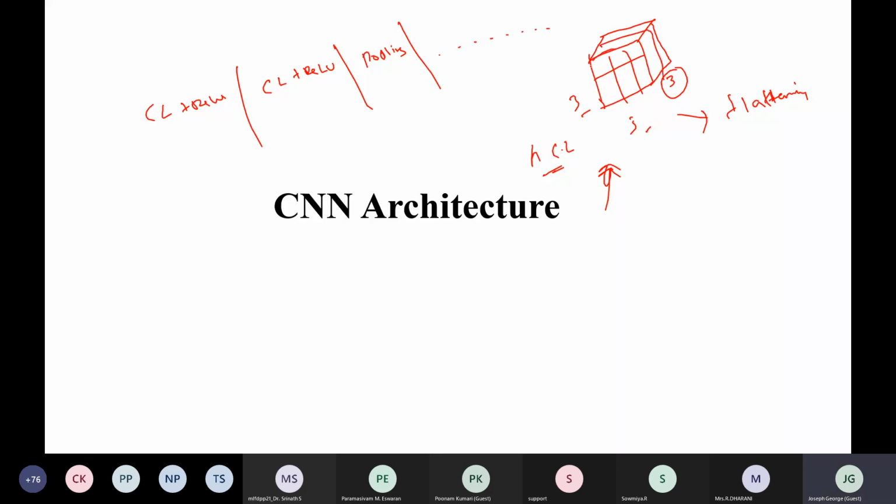You will take the first channel, and the size of the first channel is 3x3. You will take the second channel, which is also 3x3, and the third channel, also 3x3. So this first channel will be flattened like this.